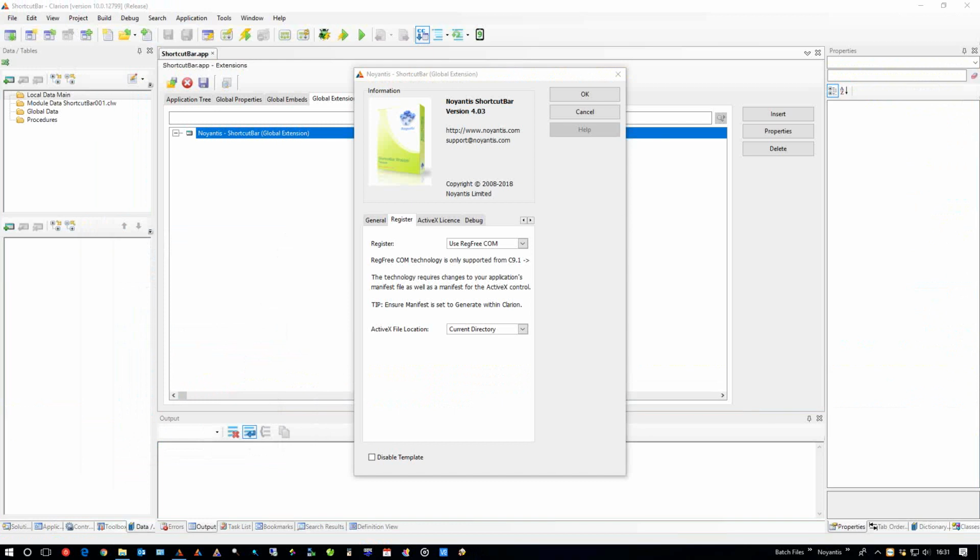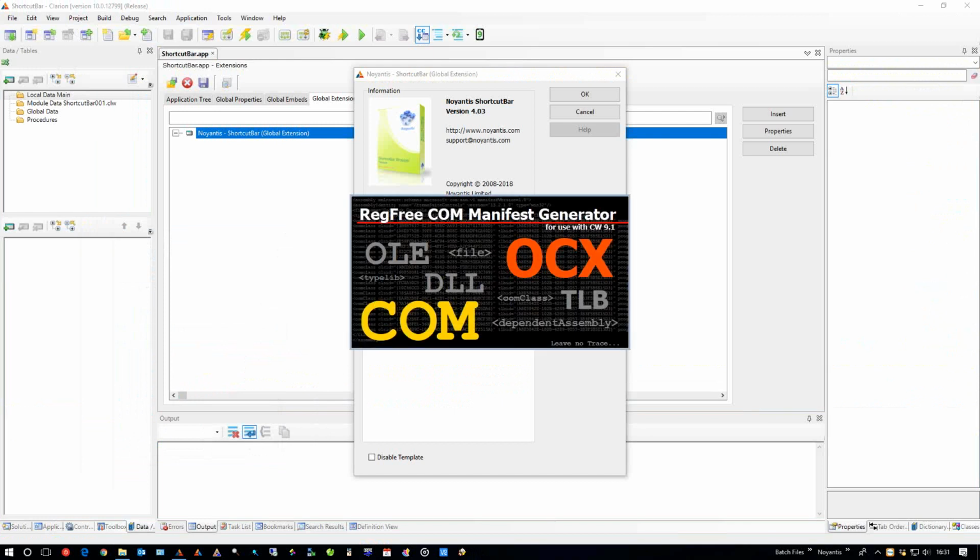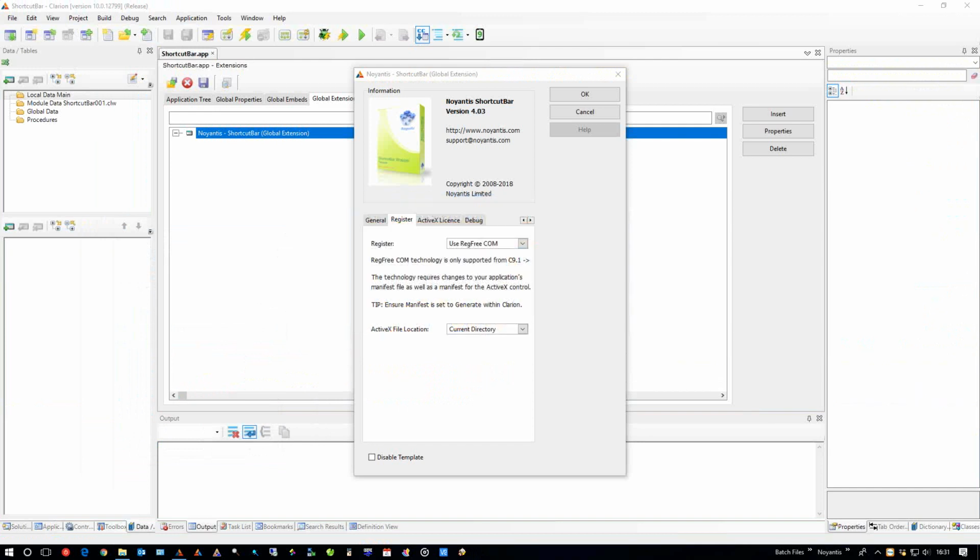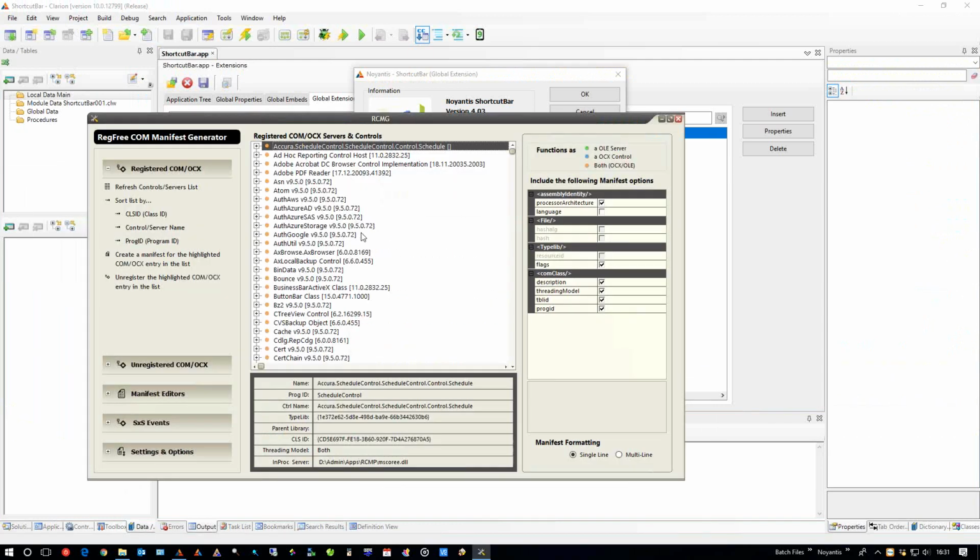Well, this is an older version I'm running. I bought the latest version of it, I've just not applied it. I think I actually need to speak to Dave about it. But this is an older version. This is his actual program. And we'll choose a particular control, and I'll say I want the RegFree COM settings for it. So you would manually be creating your manifest, of course, but what it does is it scans anything on your machine,